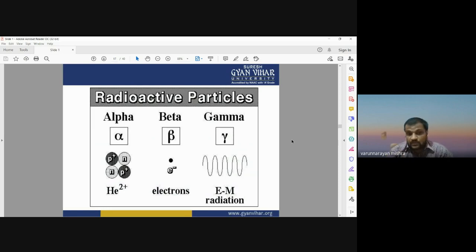So depending on the element size, depending on the stability of the nucleus, whether it is unstable or stable: if it is unstable, there is a high tendency of releasing gamma radiation. If the nucleus is very stable, there is less tendency of releasing gamma radiation or any kind of particle. So stability of the nucleus is very important. It depends on the structure of the nucleus, and the number of electrons revolving around the nucleus.